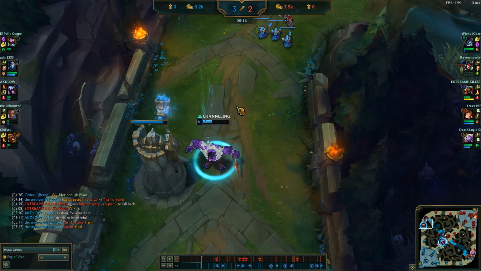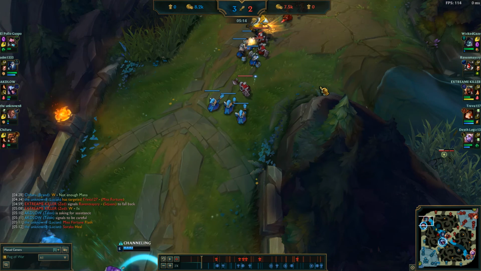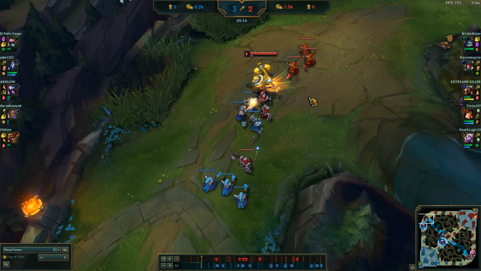Pretty much it's standard that every top laner will teleport back to top at least once early game, because that first buy is so important. He gets his Bami's Cinder, you get your Sheen, so you get a little better than him. But you would want to teleport and come back here and actually not touch this minion wave. Reason being,